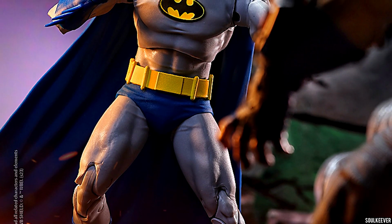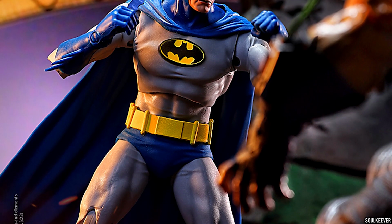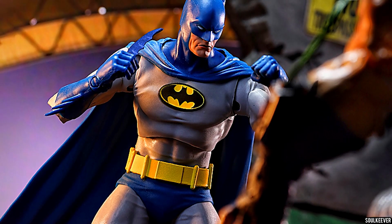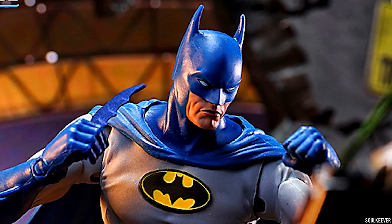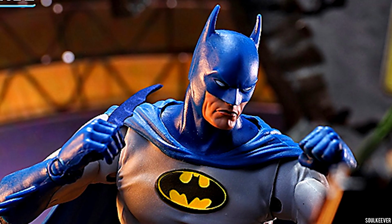It looks like a good classic Batman. He's got a batarang too, and is anyone really surprised by that? What's Batman without his batarang? No idea what else he comes with, but just looking at this one here, this looks like a classic Batman. This is the Batman that I think everyone wants, and